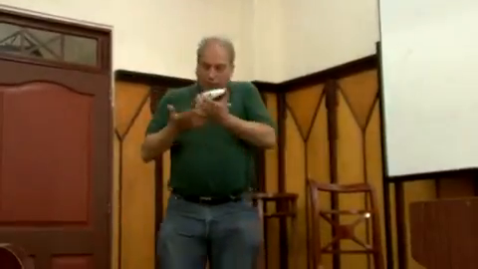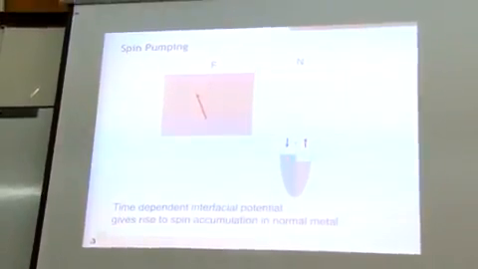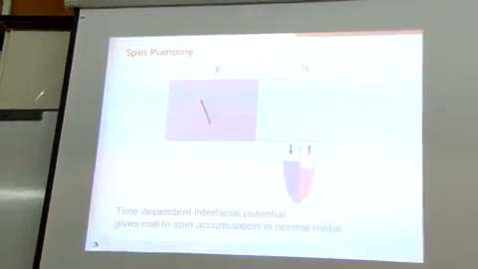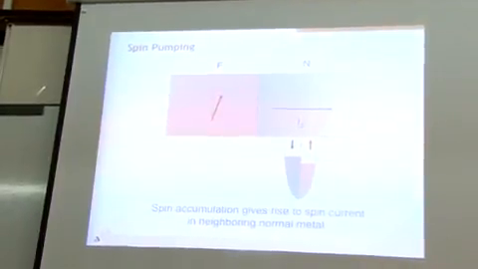Now this, in turn, ends up pumping spins into the normal metal, just like a water pump, really. And so what you end up with is that you generate a spin accumulation in the normal metal such that you have more of one spin direction versus the other. And it's a spin direction that's opposite to the magnetization of the ferromagnet. Now, the spin accumulation that you generate here at this interface can then diffuse away